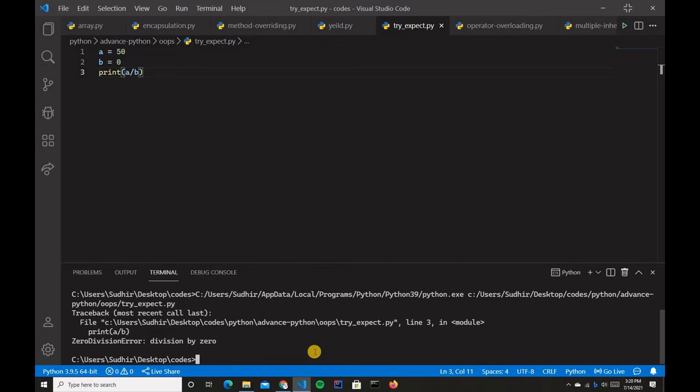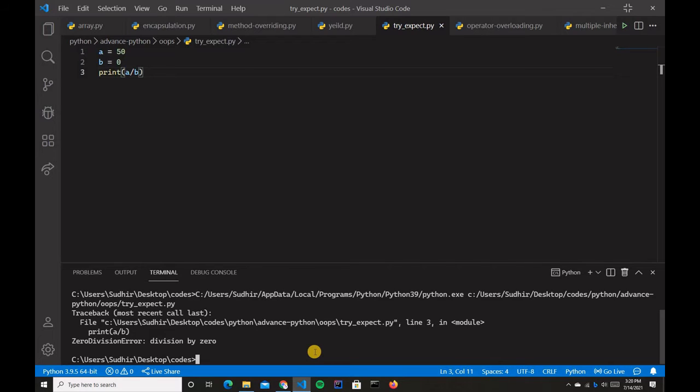So guys, now exception handling with try, except, else and finally. The try block will test the code for an error to occur, and in the except block you can handle the error. Else, if there is no exception, then this block will be executed. Finally, the finally block always gets executed whether an exception is generated or not.